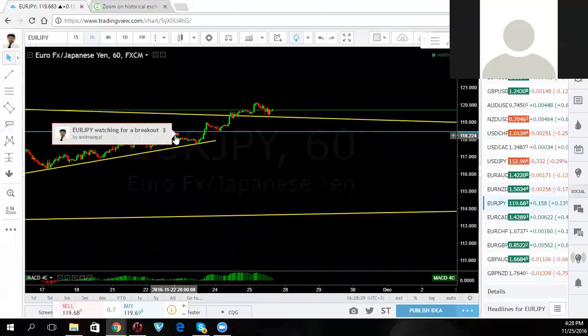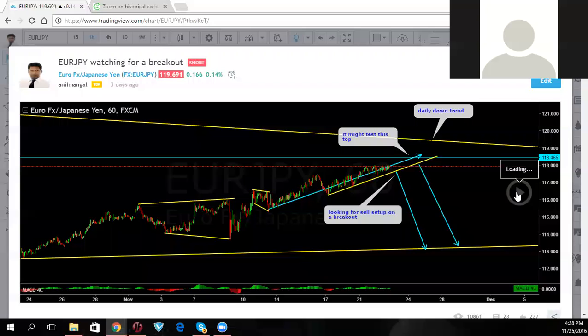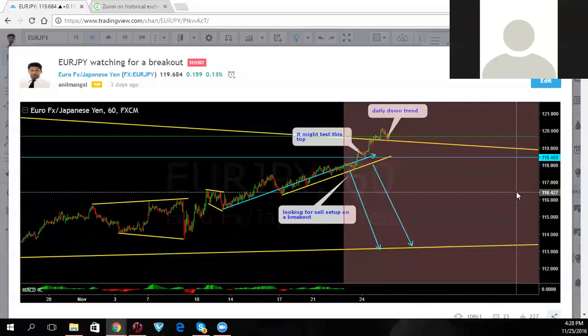Now let's go back to that chart. Let's click and see what happens. Anywhere in there, did you see a sell setup? And people write me and say, oh, I'm in the sell in the euro yen. What should I do with it? I'm like, the first thing is, who told you to get in the sell? And the second thing is, if you're in the sell, where was your stop?